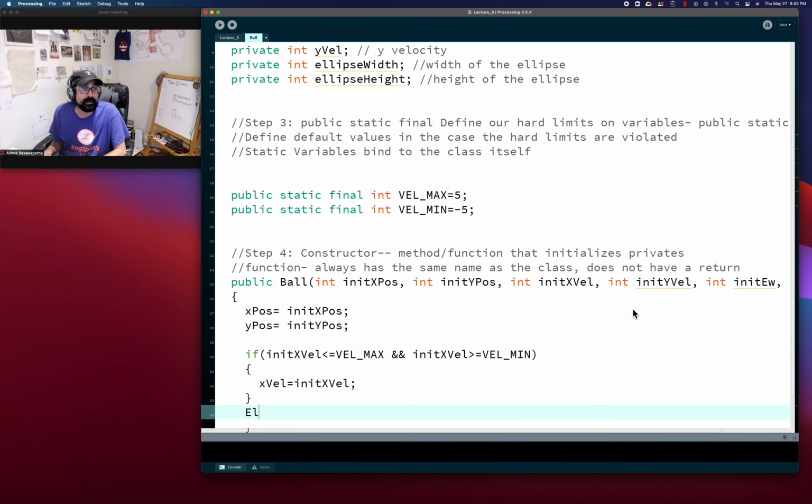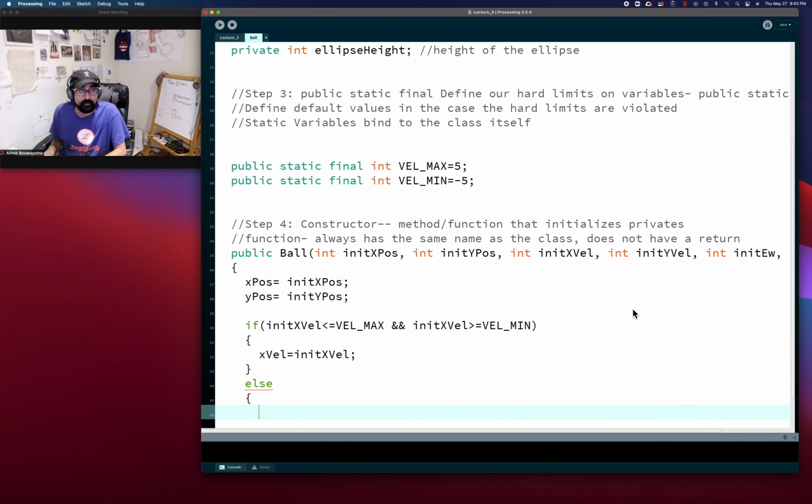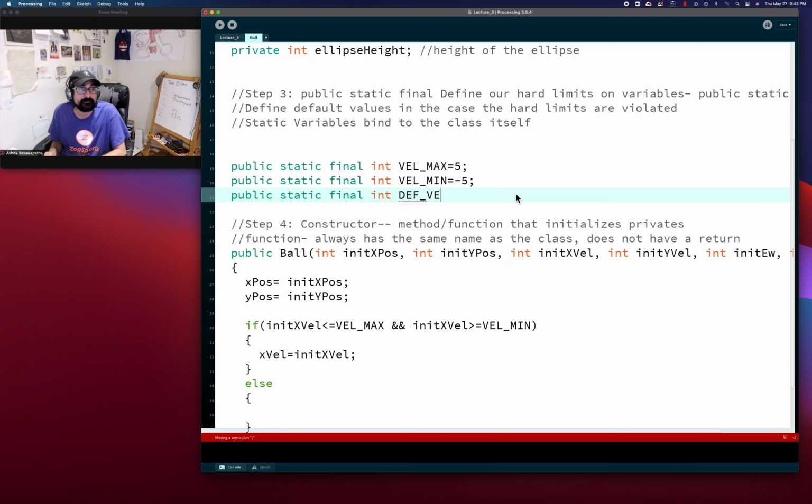And otherwise, we're going to make it some default value, okay? It might actually be nice if we're using a default value and it's always the same value, right? For every single object, then we can just define it up here. And I'm just gonna define it as 1 and then else x val equals default velocity,